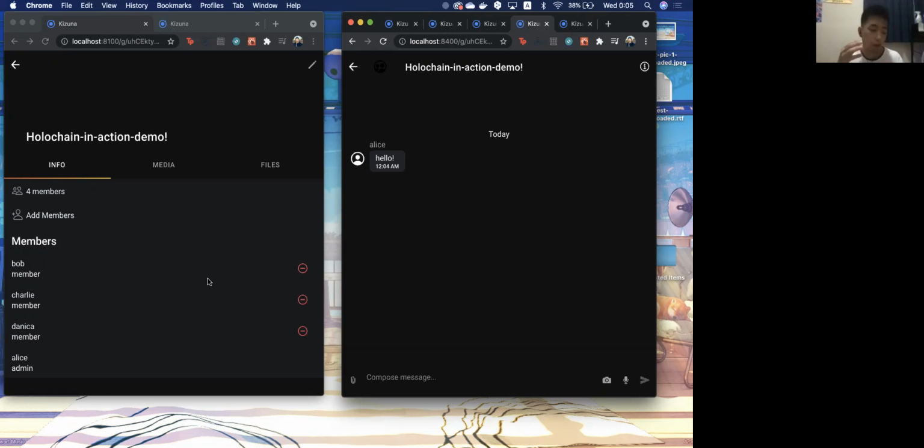So with that, of course, we also have to think about membrane proofs. I think Elemental Chat is doing something with this. It's called like joining code. I'm not sure how they will be implementing that, but having some sort of membrane proofs as well as reassigning of roles. So right now, Alice cannot make, for example, Bob an admin or Charlie an admin. But in the future, we would definitely like to do that. And then how much granular control, like how many functions do we give each member? So we would also like to give the person who created the group as many choices as possible in order to assign roles.